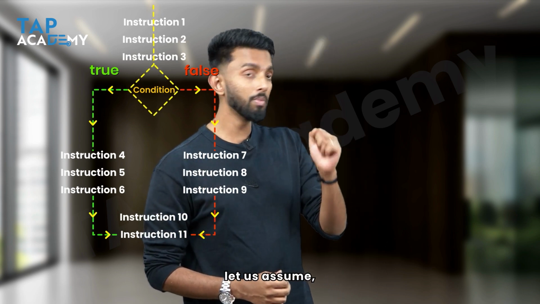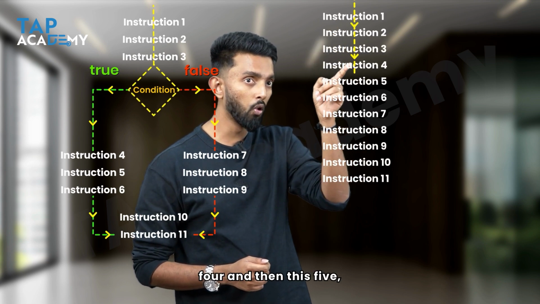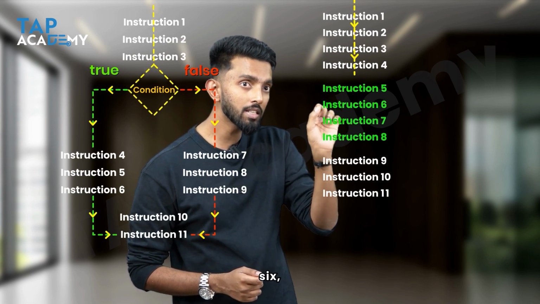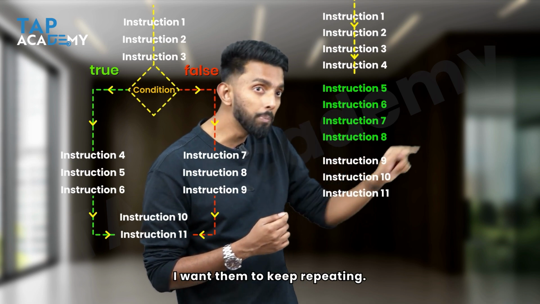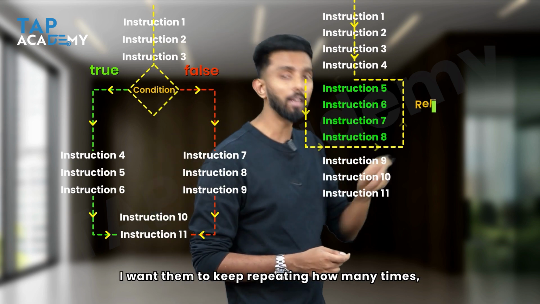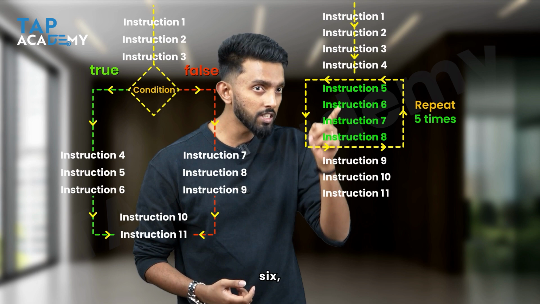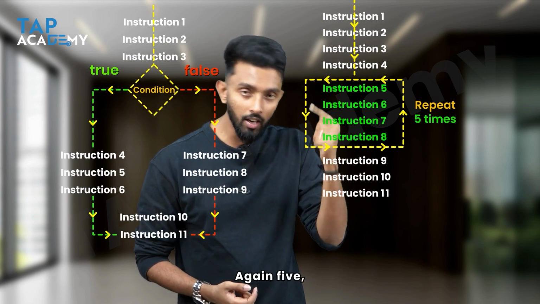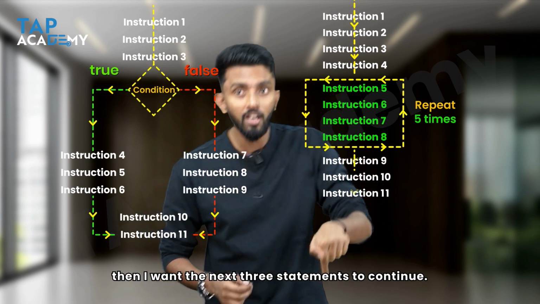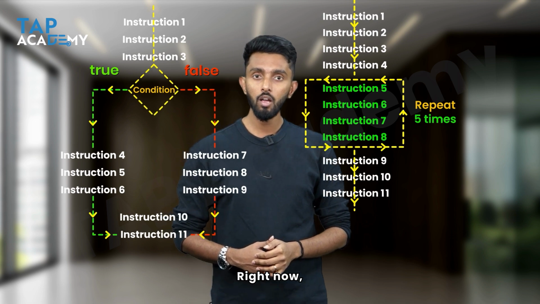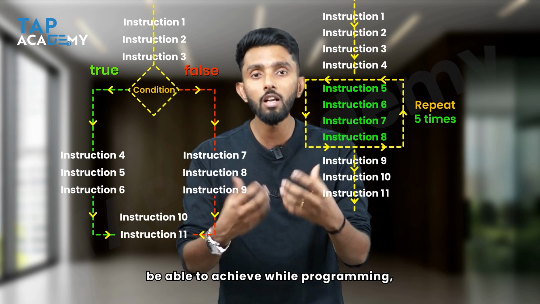Let me give you another example. For example, let us assume we have 11 instructions. We start executing 1, 2, 3, 4, and then these 4 instructions, 5, 6, 7, 8, I want them to keep repeating. How many times? 5 times. Again 5, 6, 7, 8, again 5, 6, 7, 8, like this 5 times. After I execute these statements 5 times, then I want the next 3 statements to continue. Right? Now these are all the different scenarios which you should be able to achieve while programming,